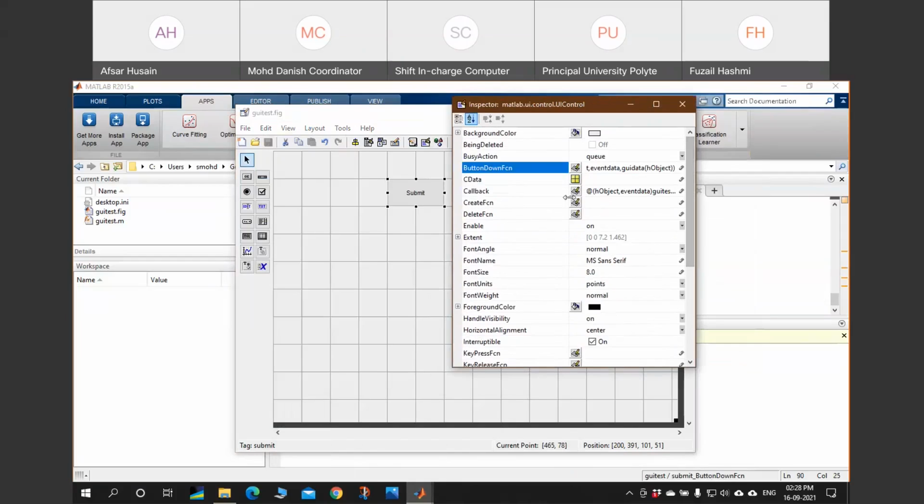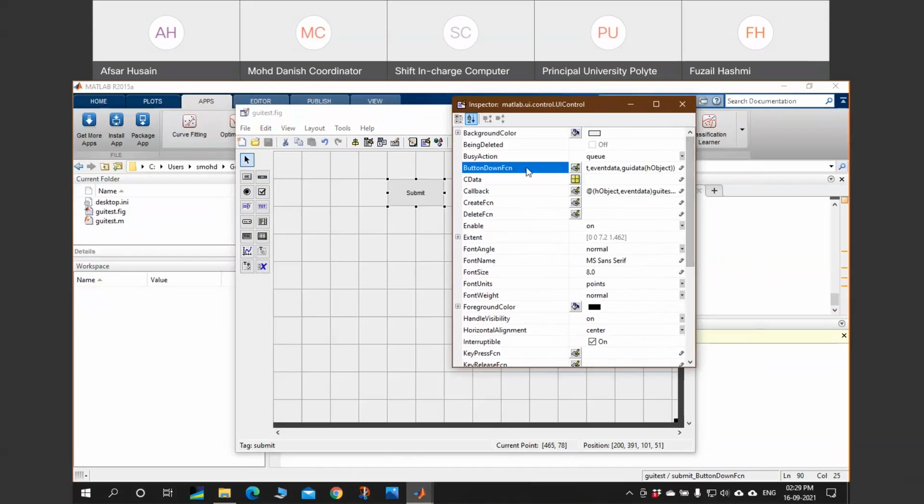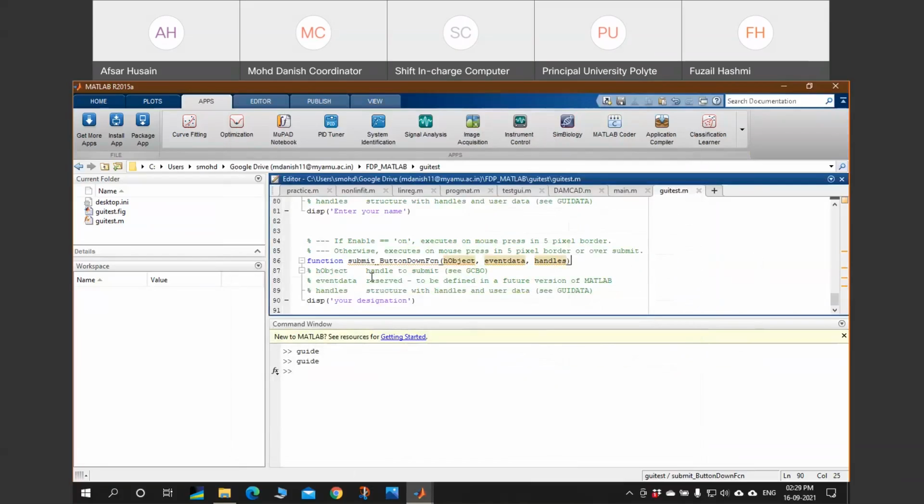Then the callback function: click over here, or if you want to provide a right click function, then you click it over here. If you don't want to provide a right click feature, just don't put anything over here. Don't click it. Or if you accidentally click it, just leave this function blank, so nothing will happen when somebody right clicks it.